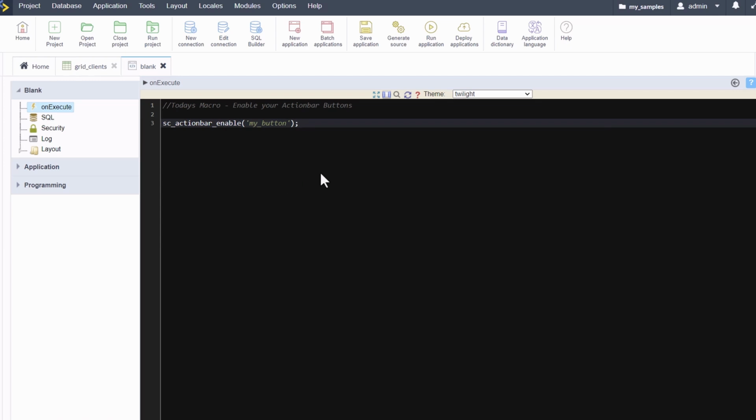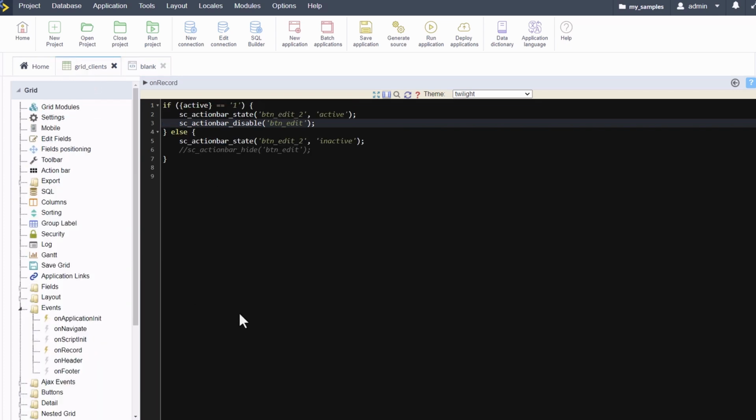Now I'm going to highlight it again that this macro does not work within the blank application. I'm only adding it here so you can visualize it easily. And then we need to dive into our grid application, which is just right here, and of course it looks pretty similar right now because we are viewing the event on record,